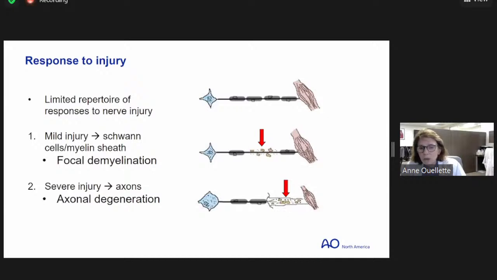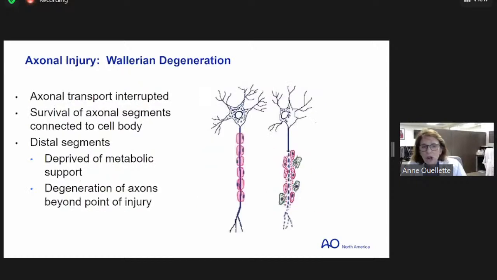Severe injuries are where you get axonal degeneration. And then the question is how severe, and can it actually heal itself? So with axonal injuries, you get Wallerian degeneration. The distal segments do get metabolic support, but the degenerating axons beyond the point of injury then have to re-heal